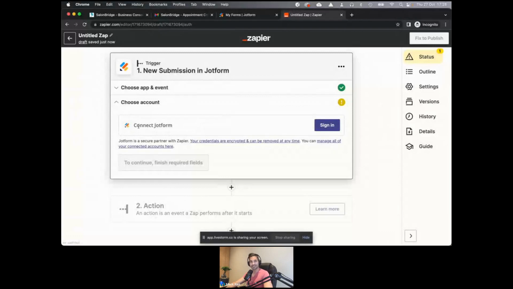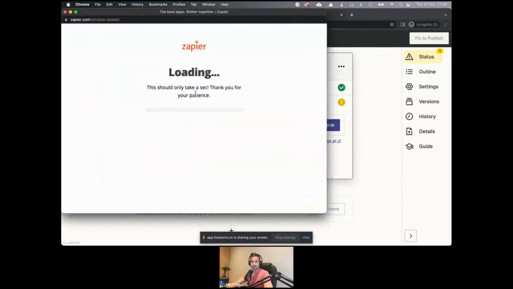So it's now going to ask me to connect JotForm. This is because Zapier needs to have a link to my JotForm account, to my SalonBridge account, in order to access information, access new form submissions, and to write information to SalonBridge. So let's click on the Sign In tab here. And it's going to bring up this window over here,